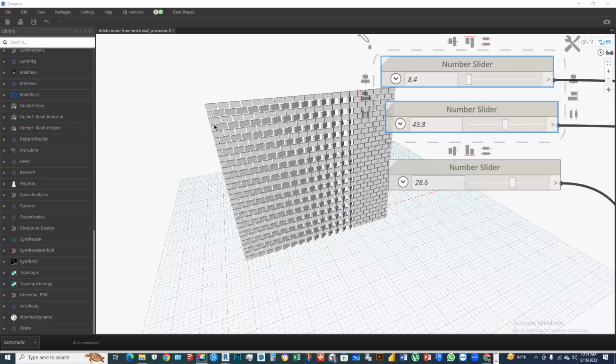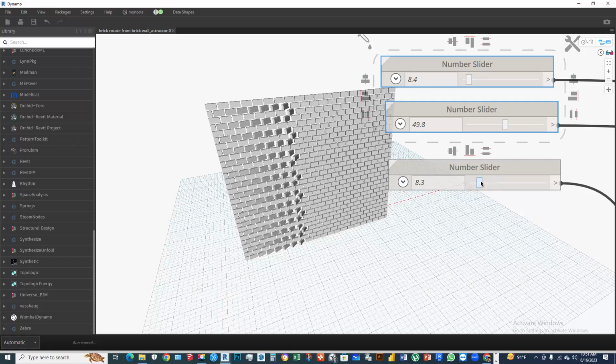We can see there are some bricks rotated in each place. So we can decrease or increase this brick rotation area. For example, if we move this slider, we can see the brick rotation area will decrease and also increase. Okay, we can also see